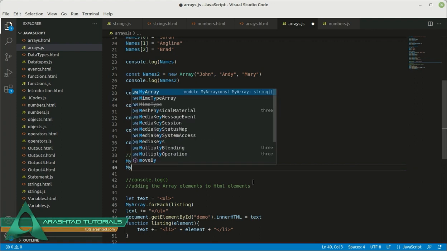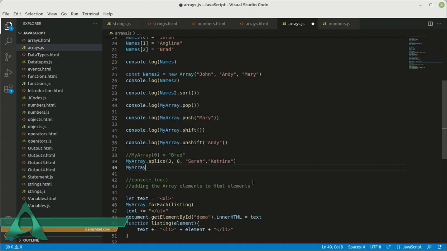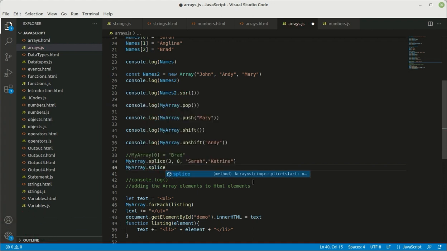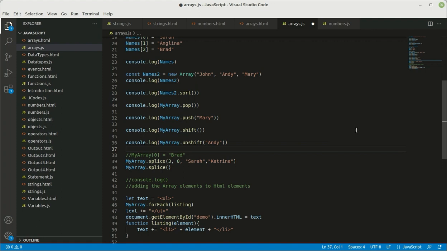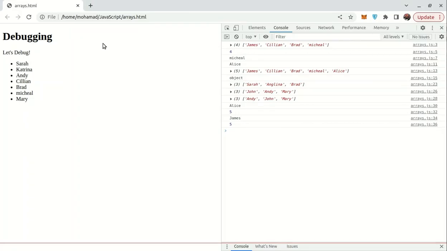So here I can write my array, and then .splice, and inside the parentheses I can write the position of the item that I want to remove. So let us imagine that we want to remove Katrina. As you can remember, Katrina was the second item, in position number 1. So we want to remove Katrina, or for example Cillian, it doesn't really matter. We need to memorize the